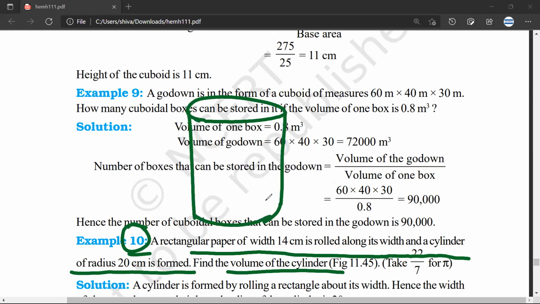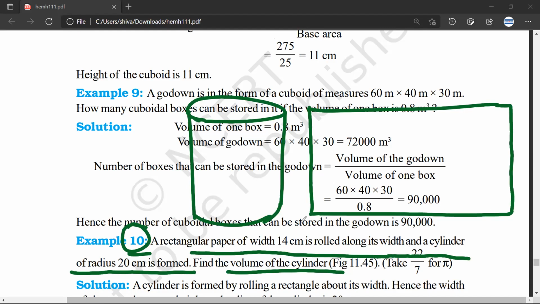So the width will be the height of the cylinder. Okay. And then because the radius is 20, so we'll find the